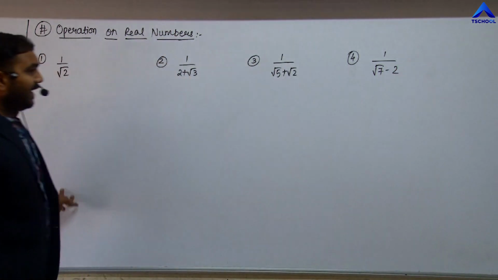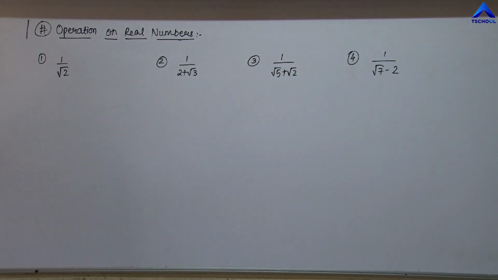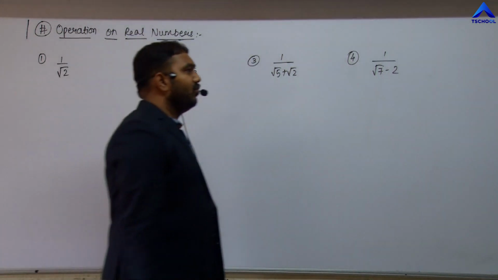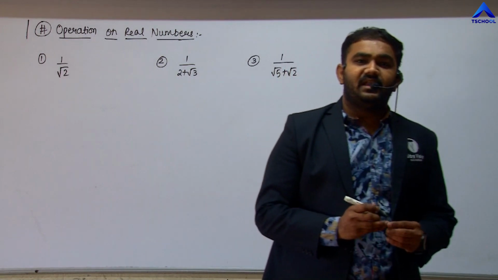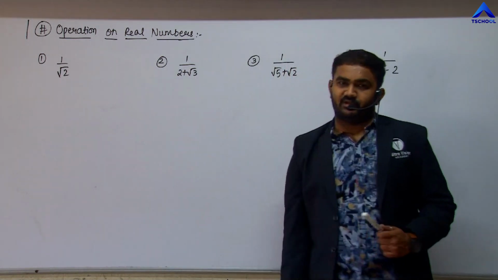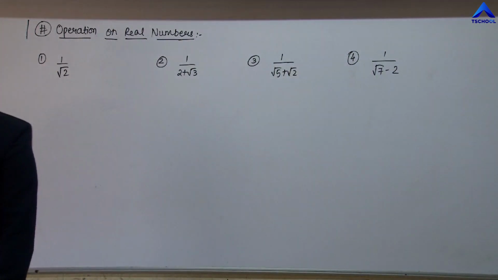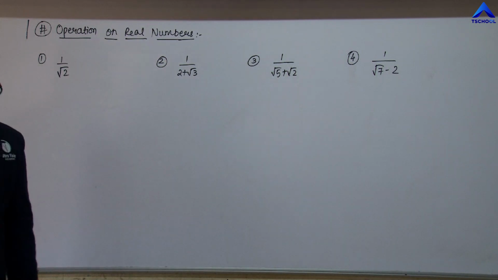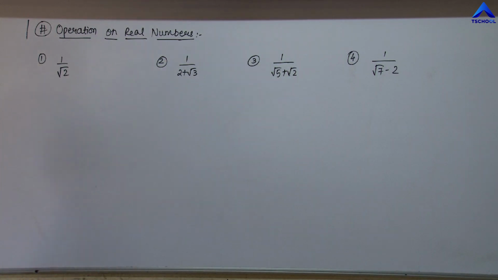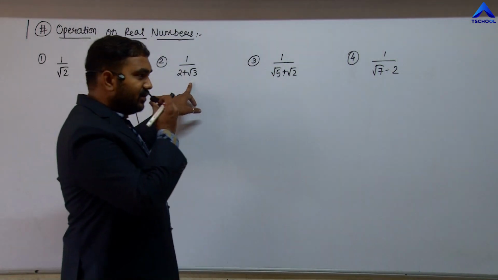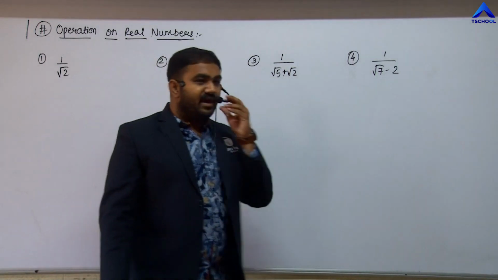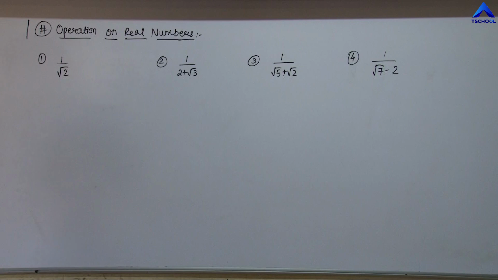This is the topic that is known as rationalizing the denominator, right? That is known as rationalizing the denominator. Rationalizing the denominator simply means you are not going to have any of the irrational numbers present in the denominator. These four examples that I have written here on the board are having some of the irrational numbers present in the denominator. You can check it out, friends. The first one has root 2 here. The second one has root 3 present here. The third one has root 5 and root 2 both. And the fourth one has root 7 present here.